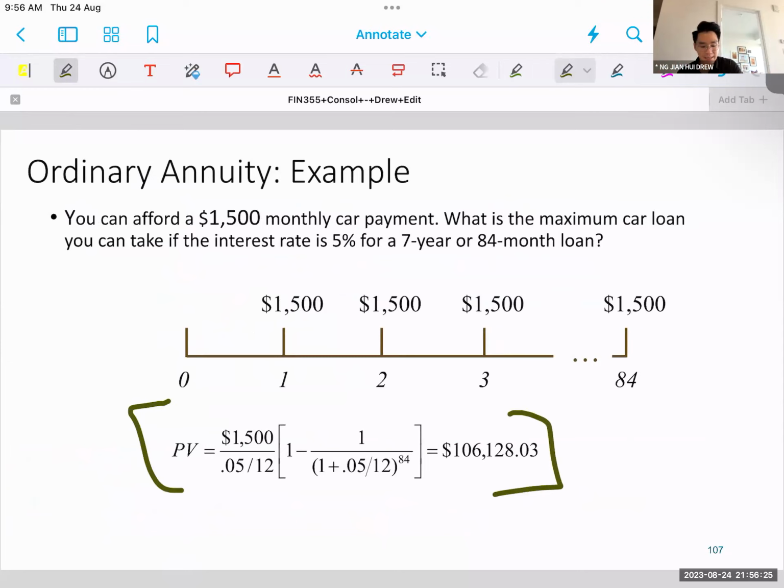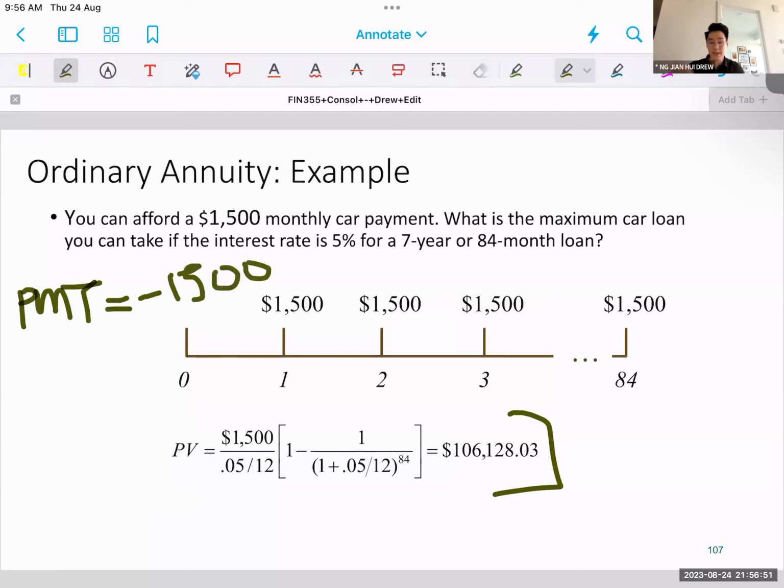Basically what you will do is that what's the maximum car loan you can take for an interest rate of 5% for 7 years. So you have a monthly payment, right? So now we can see that, let me just erase this. So now we see, what's the maximum PV? So we have PMT, you can afford a car payment of -1500. Remember, you're making money out of your pocket, negative, right? Your N is 84. IY is,